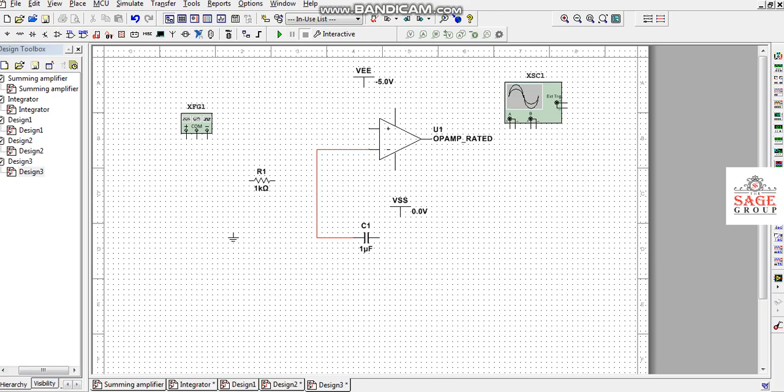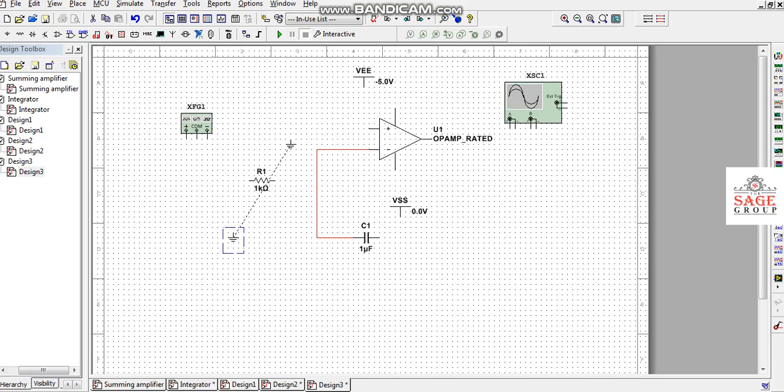For display of the output we will connect the output of this operational amplifier to channel A, and this is the inverting operational amplifier integrator circuit. The other terminal, the non-inverting terminal, will be connected to the ground terminal.